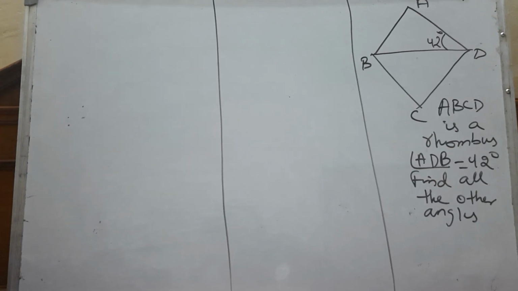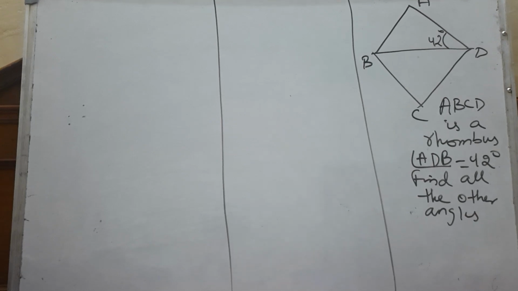So last time I uploaded the problems based on quadrilaterals, where we dealt with parallelograms. Today I'm going to solve an interesting problem which is all about the rhombus. We all know what a rhombus is. A rhombus also looks like a square because all sides are equal in a rhombus. But there are a few differences between a rhombus and a square. Let's check out those differences before we crack this problem.